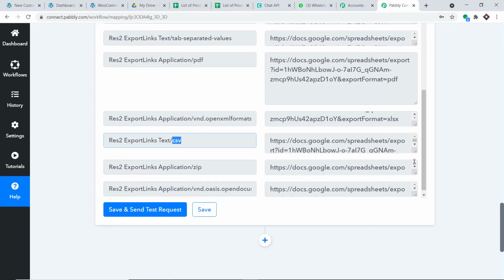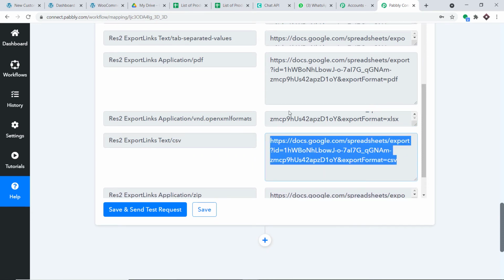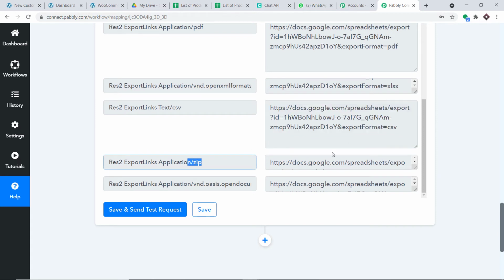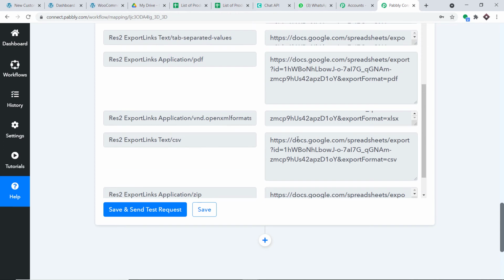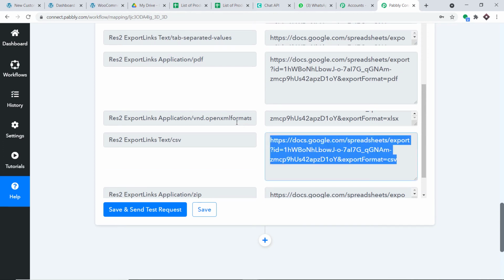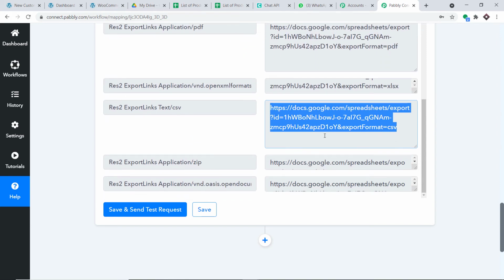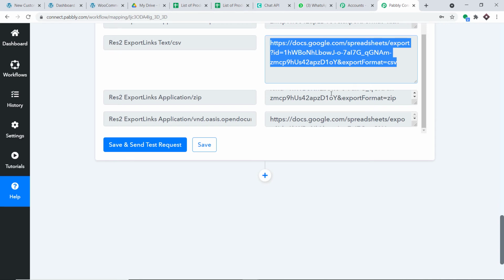So basically we are going to send it as CSV. Okay, so this is the one we want. And then we have also the zip and open document type. Okay, this one. So out of all these, I'm just planning to send it as a CSV file. Okay, now if you want other options, you can work with PDF, open XML format, CSV, zip, or open document. It can be anything. Okay, so how I'm going to share this file to AceJack?